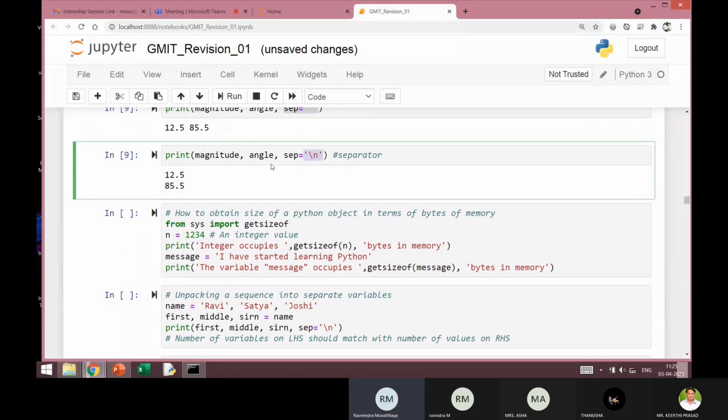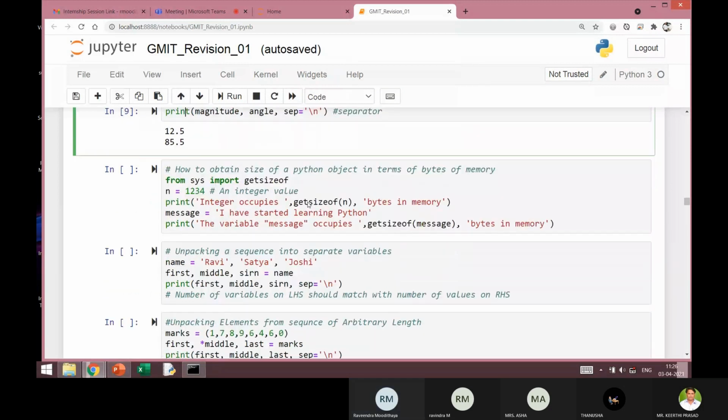So these two variables are printed with a new line character as the separation between them. You can see in the output I have 12.5, the value of magnitude, in the first line, and the angle value 85.5 is displayed in the next line. So this is something very handily used if you want to print something in a specific format.